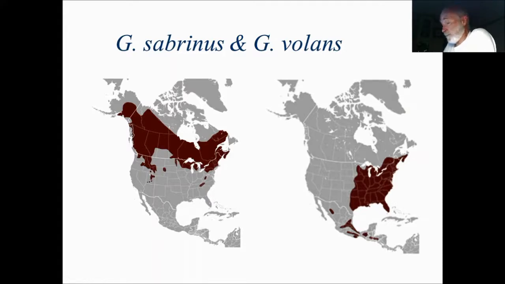And in fact, the populations of the northern flying squirrels here in the Appalachians are critically endangered as a consequence of climate change. So it's more probable than not that by the time you are in your 50s or 60s, these populations of northern flying squirrels will be extinct. Okay, they won't be there anymore. And that whole area will then be dominated by southern flying squirrels. The southern flying squirrels, in fact, have now made it up into this portion of Canada, so around Ontario and all of that. That's all southern flying squirrels now. The northern flying squirrels have retreated farther north. So that's just one of the consequences of climate change. Okay, so that's our discussion of habitat